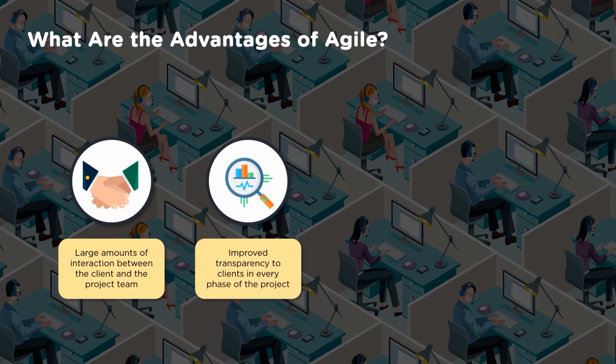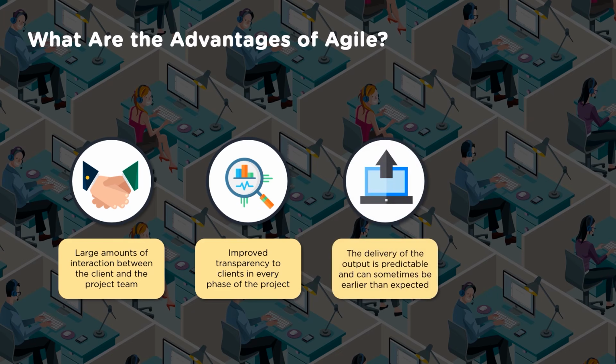Then it improves transparency to clients in every phase of the project. How does this transparency come? Because the customer is seeing the products, with features and functionalities. They are experiencing it and giving feedback based on that. There is nothing hidden. With waterfall, until the end of the project, the customer doesn't know what is going to come out as a whole. But here, since a working piece is given regularly, the customer is seeing it, the users are using it and giving their feedback. So interactions increased, and visibility towards what we are creating is more, right?